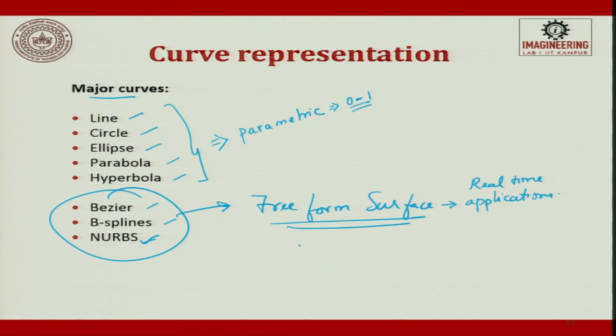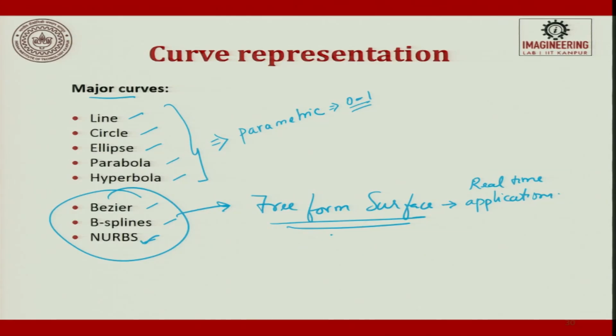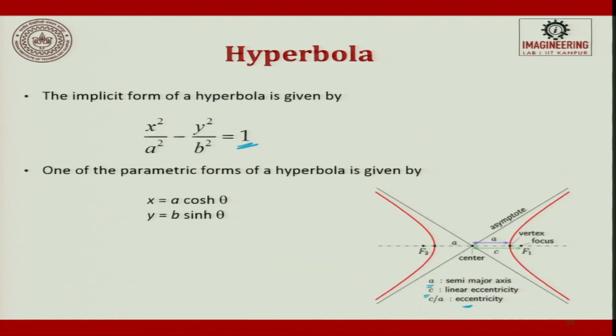Now, whatever we have studied till now, ruled surface, all these things will be used, because we have to represent this free form surface with minimum space. I am talking about memory space. And as I told you earlier, memory space should be minimum and it has to be a unique representation all the time when you use a CAD, and then it has to give me an easy edit. So, if you want all these three things, again free form surfaces have to be converted into parametric form. So, now let us focus on that and see more.